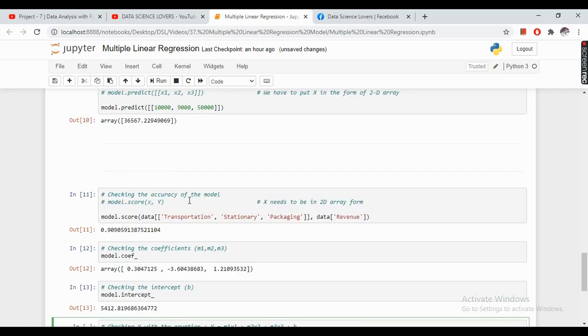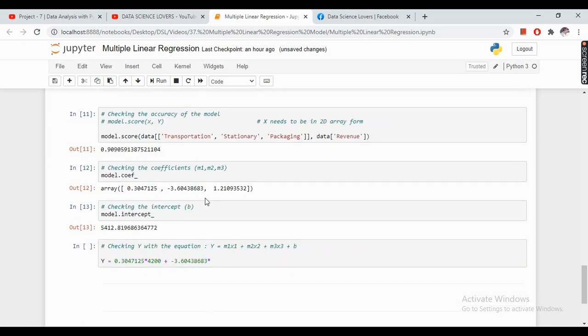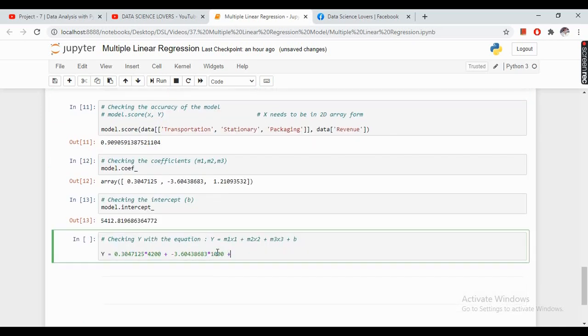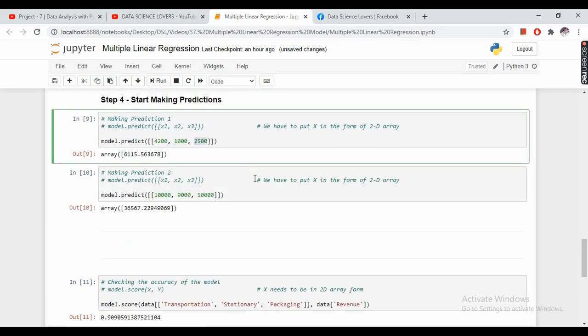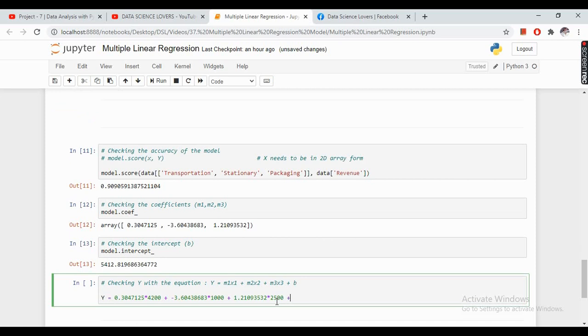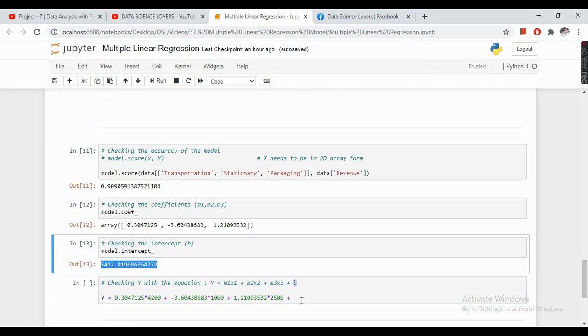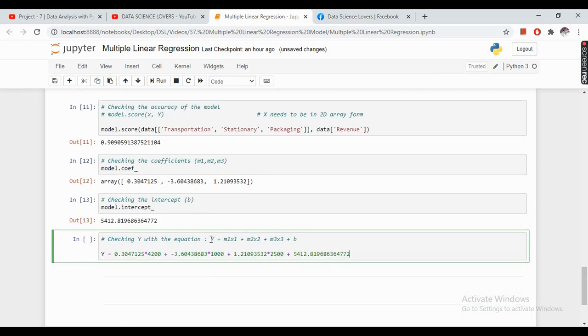Multiply by x2. x2 that I have chosen 1000 here. Plus m3. m3 is this value, meaning the third coefficient. Multiply by x3. x3 means the value of packaging that I have chosen, 2500. Plus in the last we have to write the value of b. b is our intercept and the value of our intercept is this, 5412 point this.